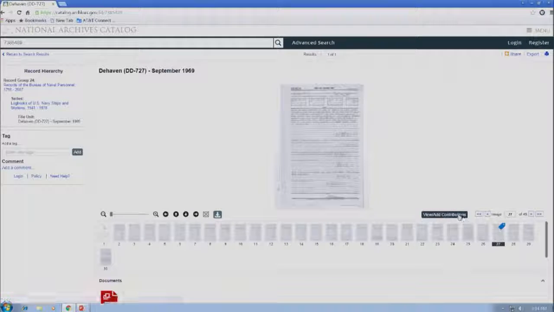Now to get to the comment, you can either click View/Add Contributions, or you can click on this little icon. This little icon on the thumbnail is how you can tell whether or not there is a contribution on the page. Any of these that don't have that icon means nobody has either commented, tagged, or transcribed. This icon means that there's either a tag, a comment, or a transcription, but it won't tell you which one of them. You click on that, and you get the pop-up window, and here you'll see somebody commented